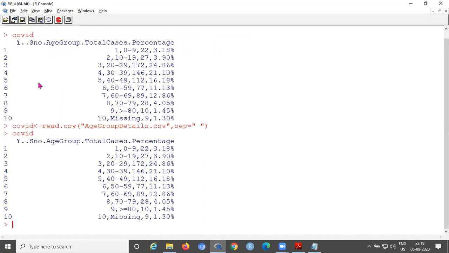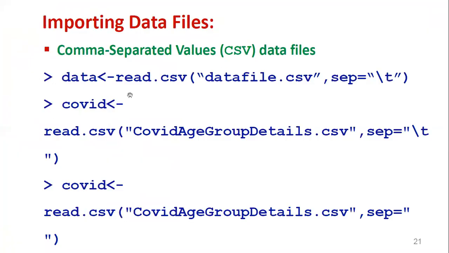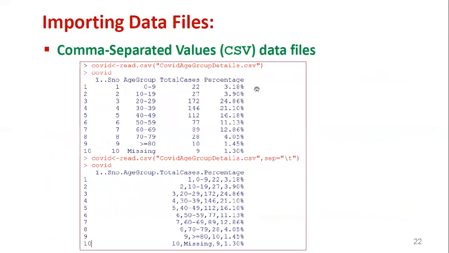You can take one CSV file without space, then with the tab space, two different files you can take, then you can test it. There you can clearly see. So here you can see it looks similar to the previous one, but here it takes only a space. That means one space. Then it takes tab, one tab space. That means one tab contains more number of spaces. Like that, you can format the data for viewing purposes.